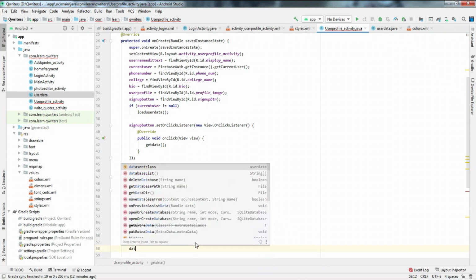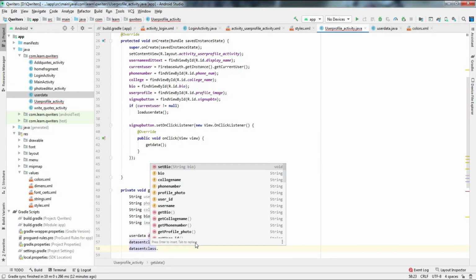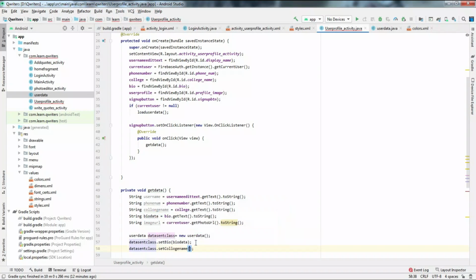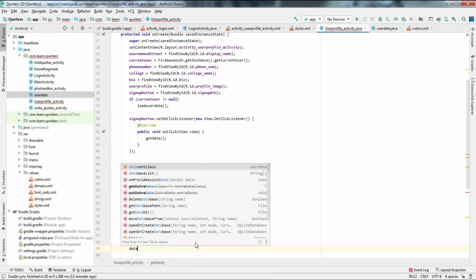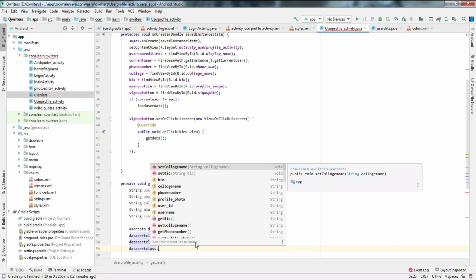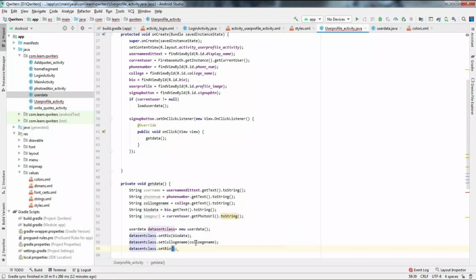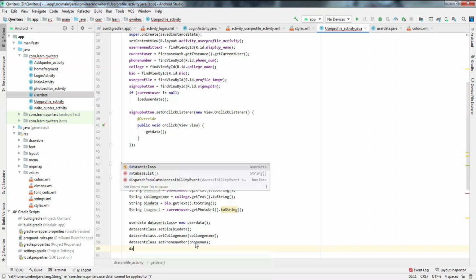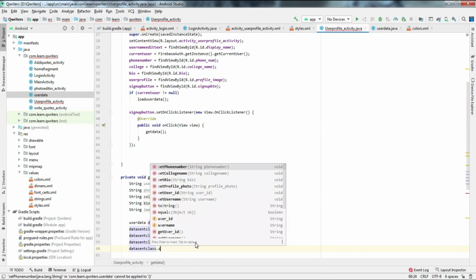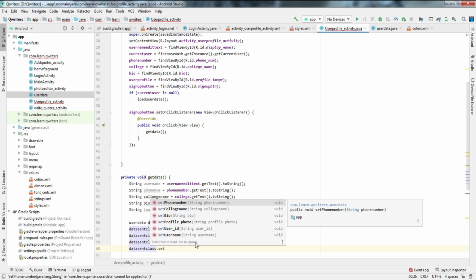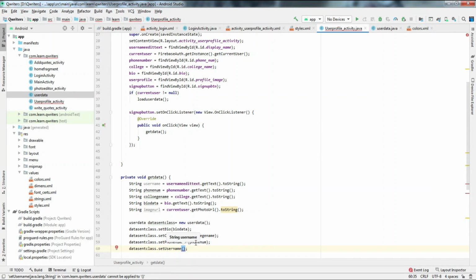Again dataSendClass dot setCollegeName. We have got the college name, which we have already defined as a string. Next, dataSendClass dot setPhoneNumber. The phone number we have used as phoneNum, so give that string value. Next, dataSendClass dot setUsername. We got the username also.